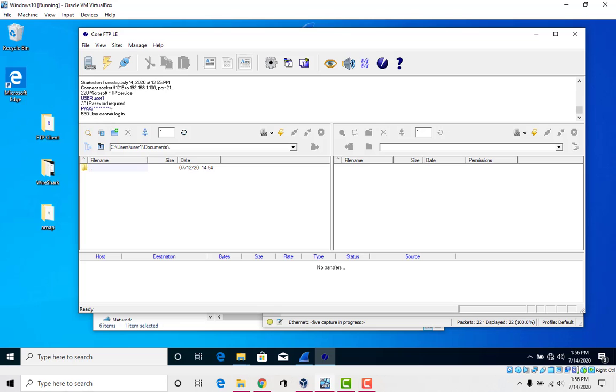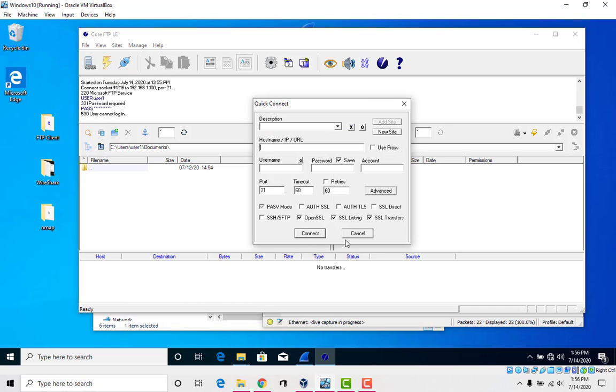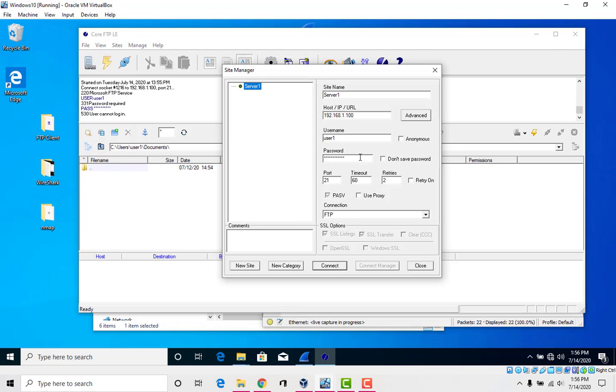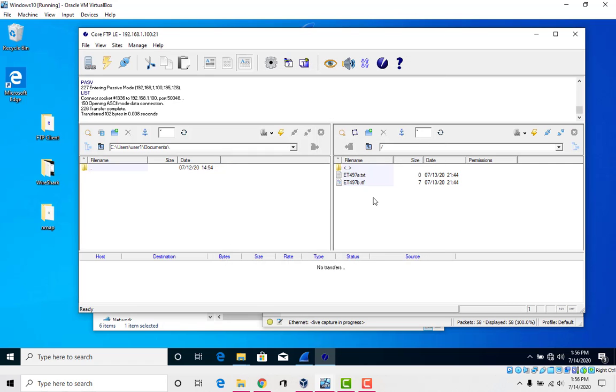Right, user cannot log in. So let's do a quick connect again. Actually, let's go back here and let's put the correct password. Connect, and we are in.